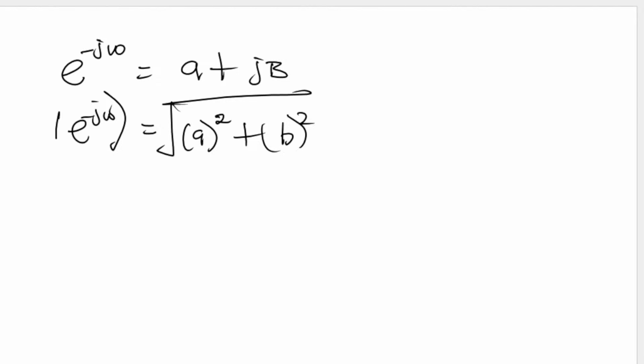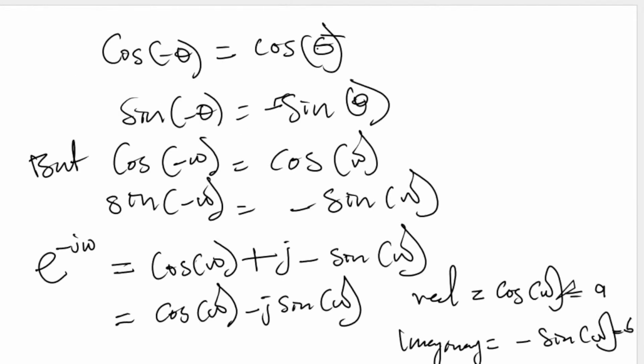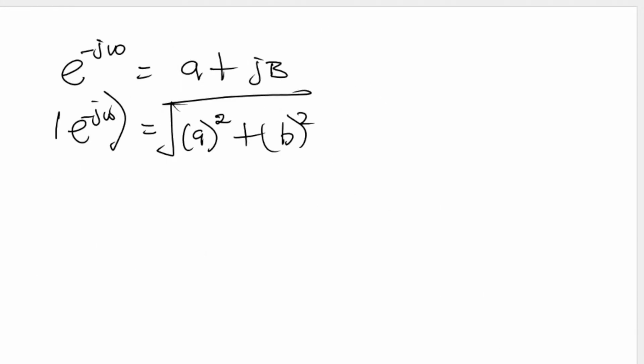But what we have there, we used A and B to represent cos and sine. So from what we have here, if we represent these symbols, we can represent A, which is our real part, as cos W, and our imaginary part, which is B, as minus sine W. So in place of A and B, we can represent cos W and minus sine W. So we'll simply have that the magnitude of our Euler's method, which is minus JW, will now be equal to